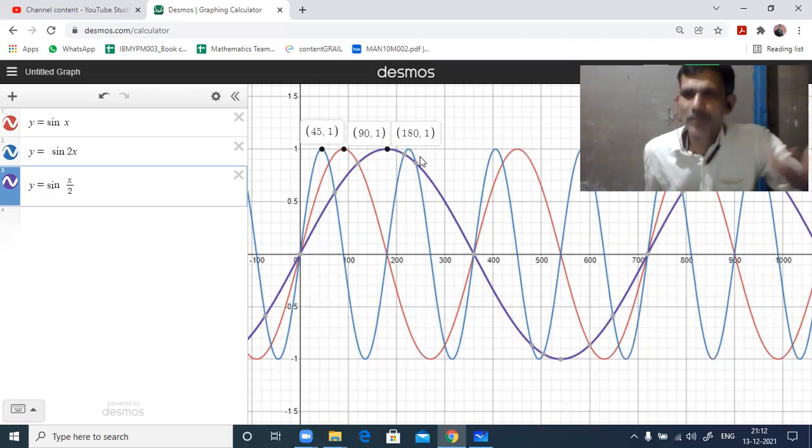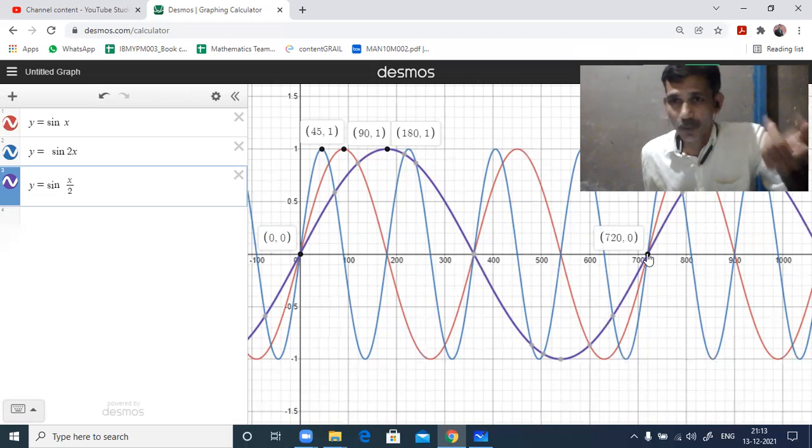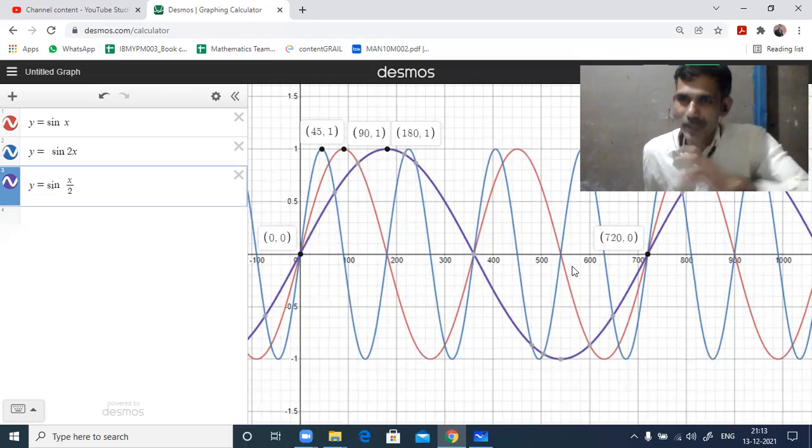What has changed is the period. Now here you reduced, you decreased, you said n times. 1 divided by half, so 2 times it will increase now. 720 degrees. Earlier the sin x period was 2 pi, 360 degrees. Now 4 pi, see it is. Okay, like this the transformation will happen.